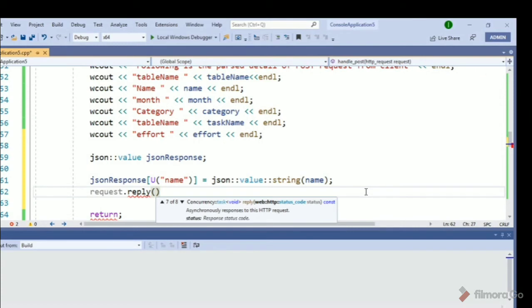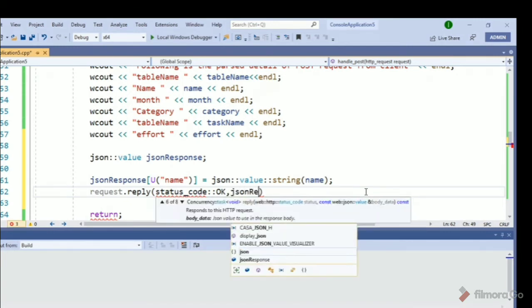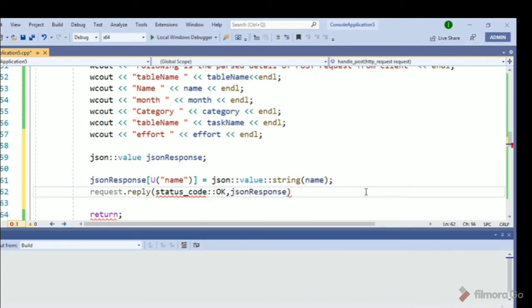So we will reply back to this request with the status code, which is okay, and this is our JSON response. Okay, so I think this is okay. I think these are status codes which are in the C++ server. So we make a key name, and we have stored the value of our name, Chandan, here.